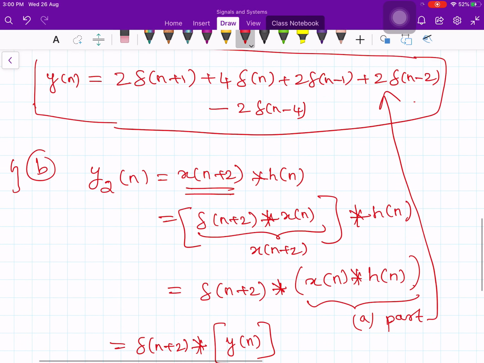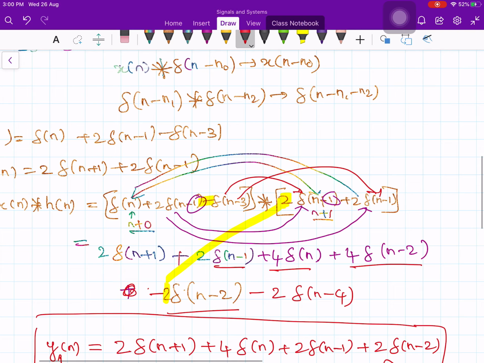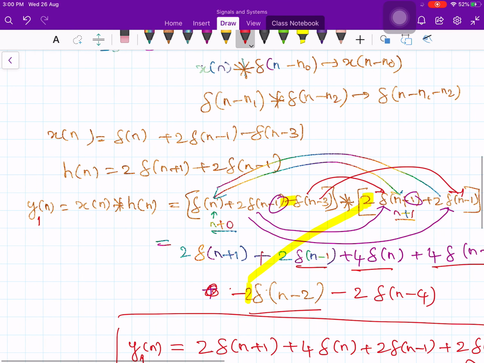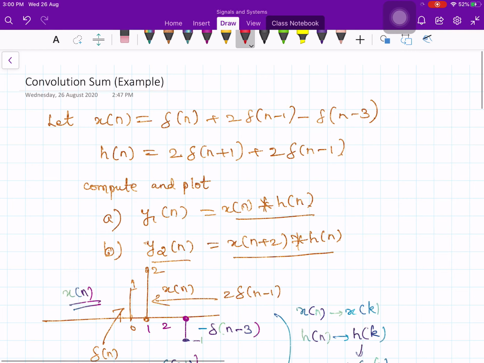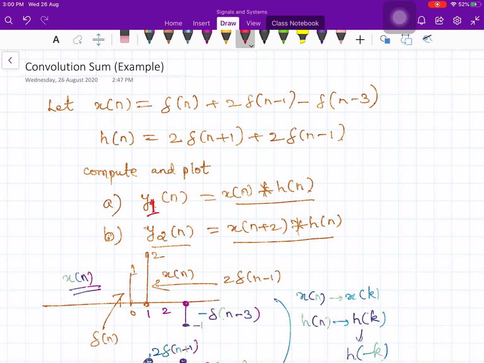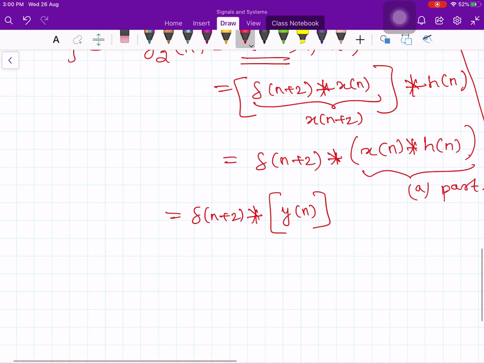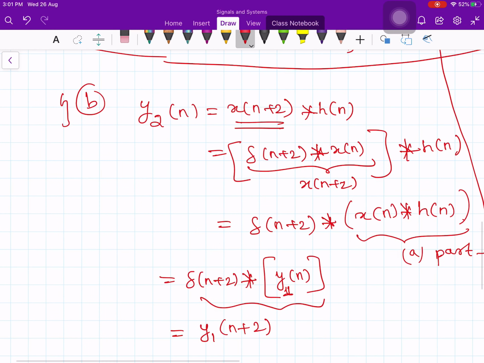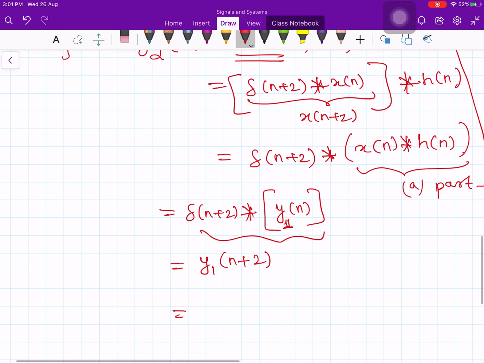Yeah, it is here y1. Say this is y1 of n, so this is equal to y1 of n plus 2 by again the convolution property in the impulse function. So you take y1 of n and shift by n is replaced by 2 units. Your y1 of n is equal to 2 times del of n plus 1 plus 2 times del of n minus 1, or else let me